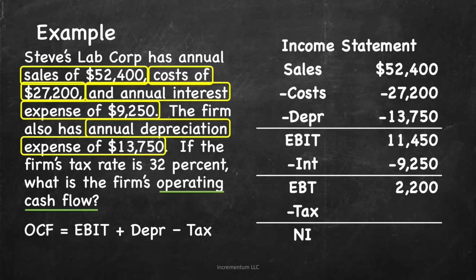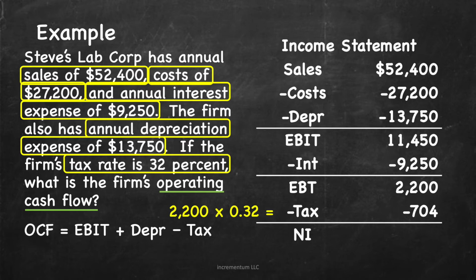So now we're ready to calculate our taxes and then subtract. The problem tells us our tax rate is 32%. So we'll convert 32% to a decimal. That's 0.32, and we multiply it by our taxable income of $2,200. That gives us a tax expense or tax liability of $704. So we'll subtract that from our taxable income, and that gives us net income of $1,496. We're not done yet because the problem asks us about the firm's operating cash flow, and that's EBIT plus